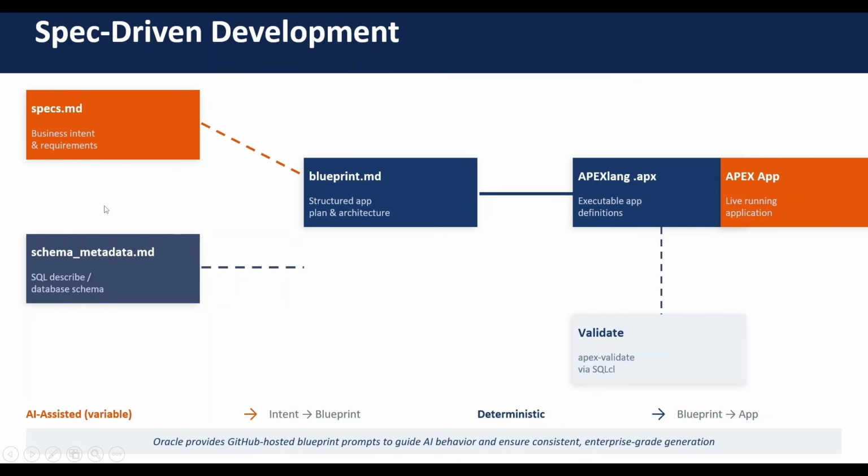And then we'll have a separate file with which we'd be able to provide the schema metadata. This can be just the SQL describe. With this we'd be able to provide additional insight to the AI model about the database schema that we have, the data model that we have planned, so that it would be able to link the relevant database together in the relevant pages. To actually get the schema metadata, there is a new feature now introduced within Oracle